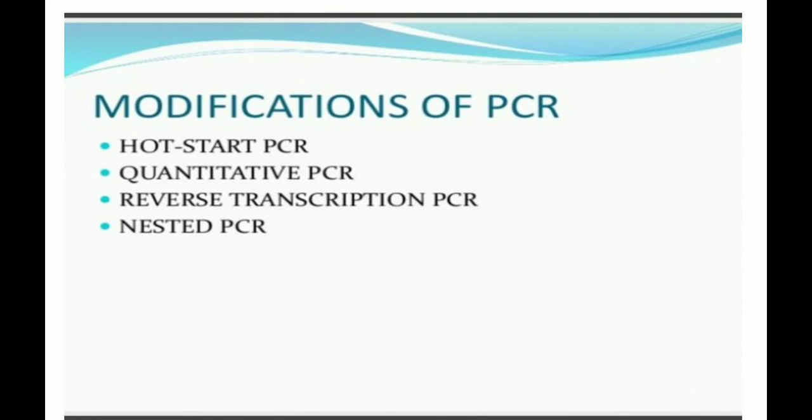When you perform this technique, you need only a small amount of DNA. A small amount of DNA is required, which is a big advantage. Then the result is obtained more quickly, whatever result we want can be obtained very quickly, within 1 day for PCR. Then it is usually not necessary to use radioactive material, like P32, for PCR. So that is also an important advantage.